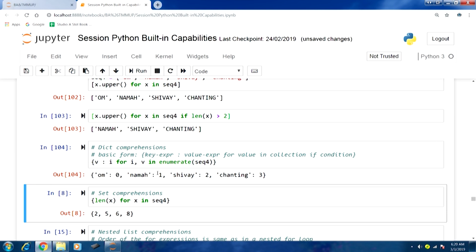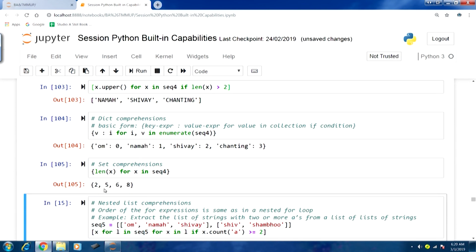Whatever filtered output we get, we would like to compute the length of those string values, and we are running a loop here for x in sequence 4. For each of the string values in this list of strings, we compute the length, and we will get a set of those length values. If I run this, you can see 2, 5, 6, 8, the lengths of those strings have been computed.